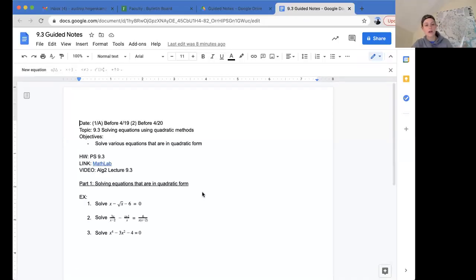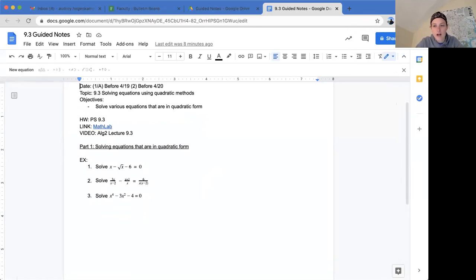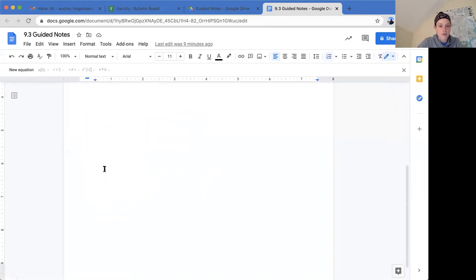So today we're going to be talking about 9.3, which has to do with solving different types of equations that we haven't necessarily seen before that end up in some quadratic form. Okay, so numbers 1 and 2 shouldn't be too foreign to us. We've done problems very similar to both of these. They're not actually really new content at all, but a fun reminder from previous chapters. And then number 3 is a little bit different, but we're going to go ahead and just go through these